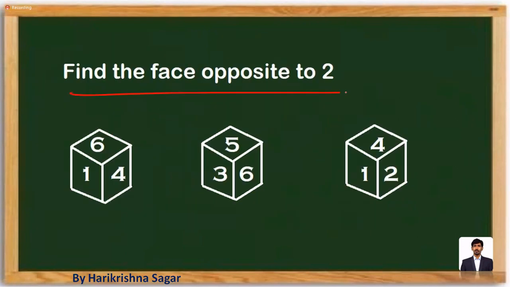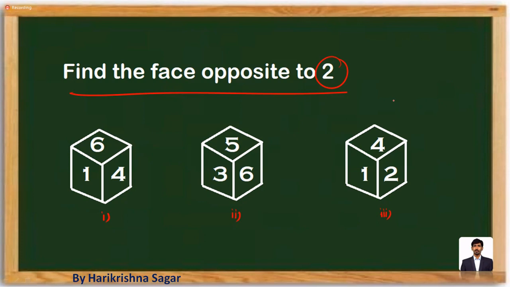Look at the next question. Find the face opposite to 2, just for practice purposes. This is diagram 1, this is diagram 2, this is diagram 3. Three orientations of a dice are given. Do remember one important point, my dear students. It's not necessary that you take all the diagrams into the scenario. You can take any one of the diagrams as per your comfort, because you have a strategy when you have 3 diagrams, and a strategy when you have only 2 diagrams. So you can just use the best strategy which can give you the answer faster.